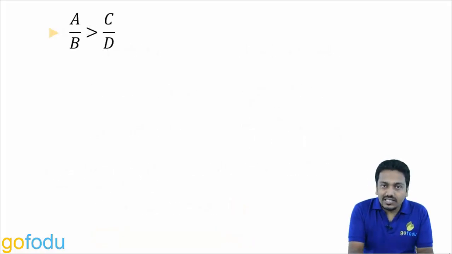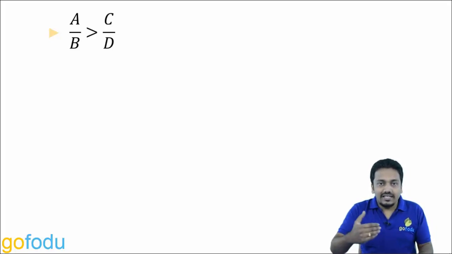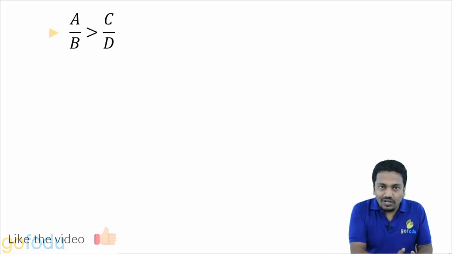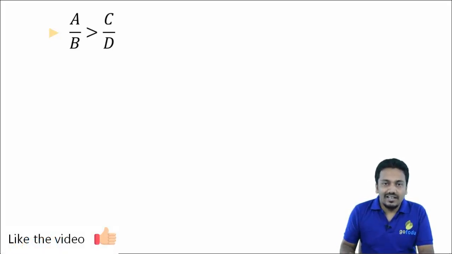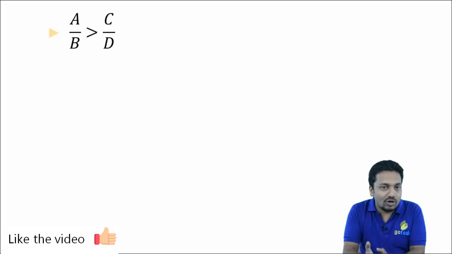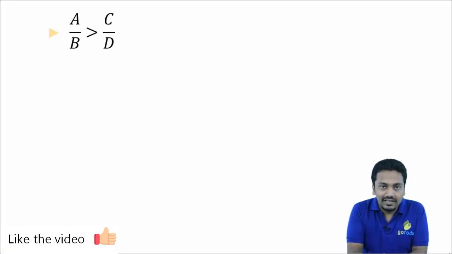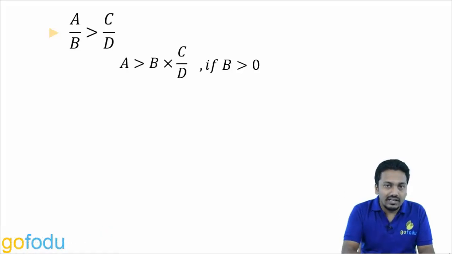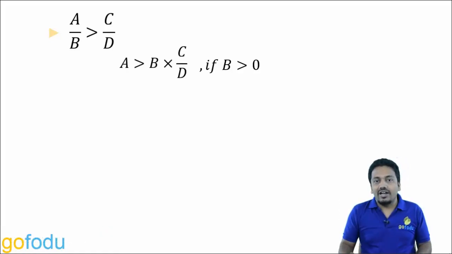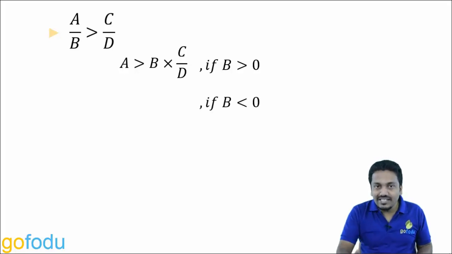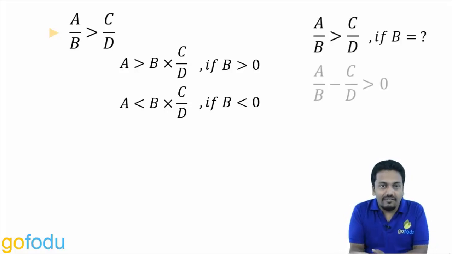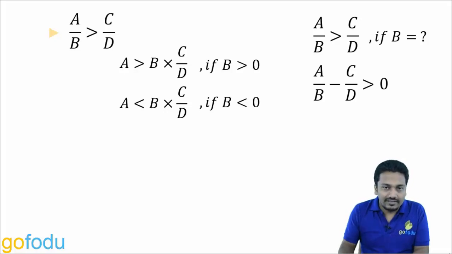If you come across such a situation, a by b is greater than c by d, cross multiplying the denominators is not allowed if you don't know their signs. Well, this point is same as multiplication with k on both the sides that we have already seen. If b is greater than 0, we can directly multiply it or transpose it without changing the sign of inequality. And if b is less than 0, the sign of inequality will change. And in case the sign of b is not known, we'll simply take everything to the LHS and solve further.